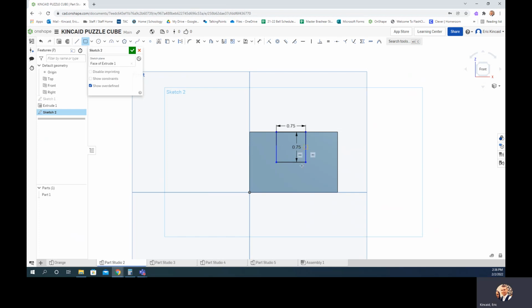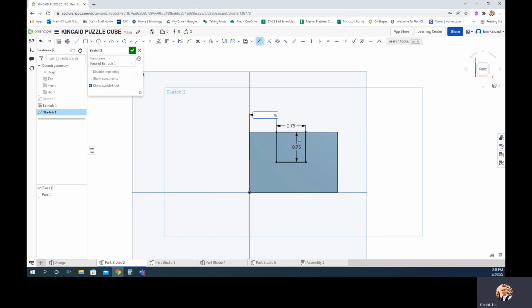Right? So that'll make a cube size cutout there, but it doesn't quite look even. It looks like it's shifted more to the left than it is to the right. So to put it in the correct position, we have to use our dimension tool. You can hit D on your keyboard, or you can click the dimension tool in the center of your screen at the top. And we're going to say the distance from this side of our part to this side of that cutout should be, so right now it's 0.68, it should be 0.75